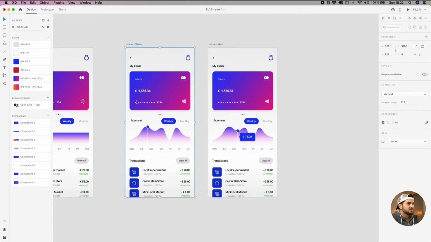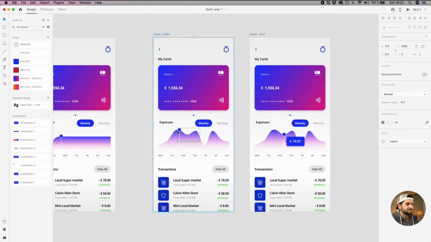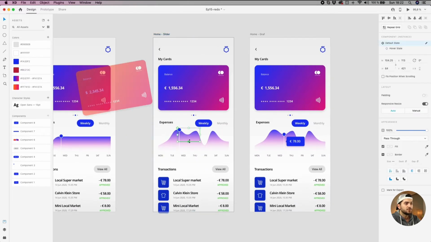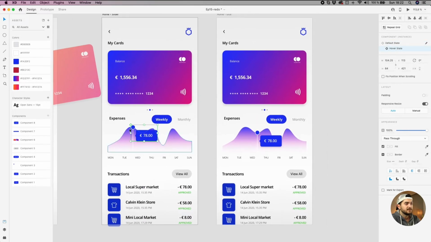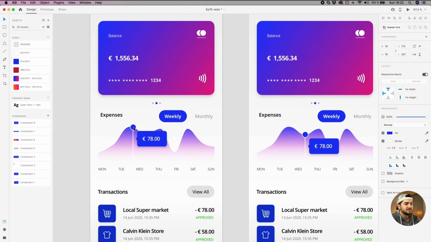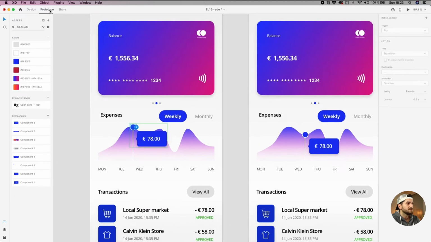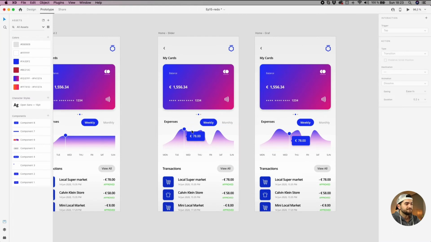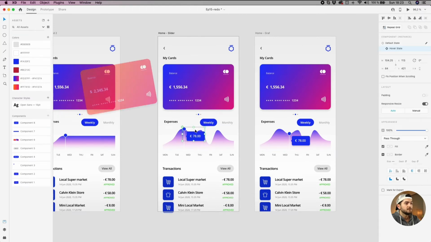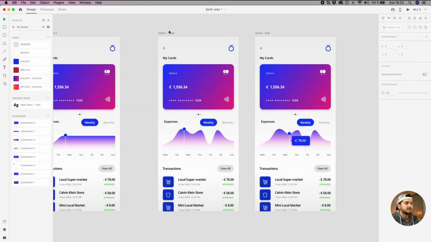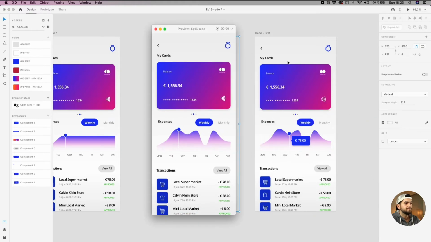Okay, going on this artboard, on the previous one, the slider, make sure you have selected this component, select the instance hover state, double click the component, select this dot, the blue point, switch to prototype and link it to the new artboard, and that's it. Switch back, put it to the default state, and let's give it a try. When you hover, you'll get this value,